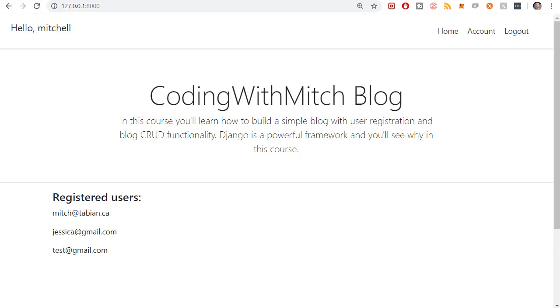What happens when a user forgets their password and they can't log in? Currently, there's nothing to handle that situation, and there's also nothing a user can do if they want to change their password. Lucky for us, Django has a bunch of pre-built stuff that we can use to build this functionality